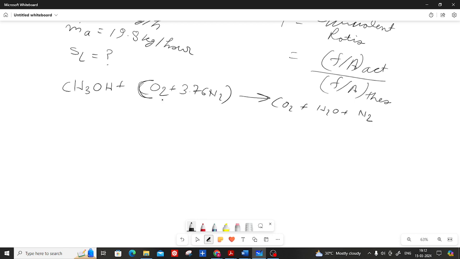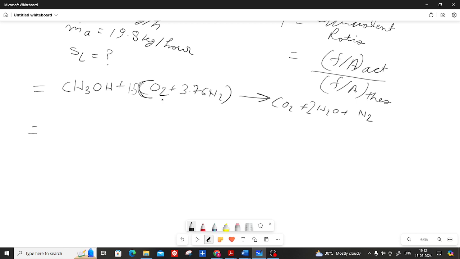Okay, so how to balance this equation? So CO2 plus H2O, there is one carbon, so one hydrogen, two, you put it here, 4 hydrogen, oxygen. Okay. So anyone tell me if someone is facing difficulty to understand how to balance this equation? If yes, please let me know. Yes, sir. I have difficulty. Okay, you are not able to balance this equation.